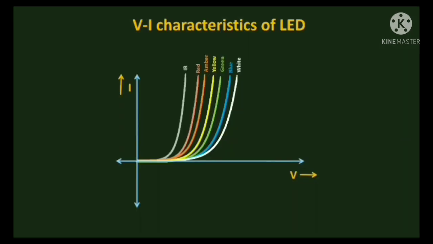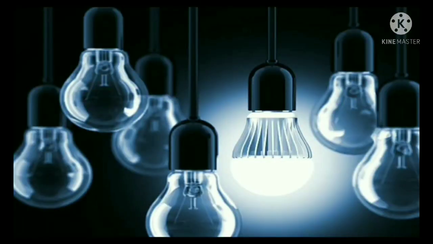Now, the brightness or the luminous intensity is usually defined for the LED at a specific current, and this brightness is defined in the unit of millicandela. Now let's see whether LEDs save energy or not. LEDs use much less energy than normal bulbs because diode light is much more efficient power-wise than filament light. LED bulbs use more than 75% less energy than normal bulbs, and at low power levels the difference is even larger.